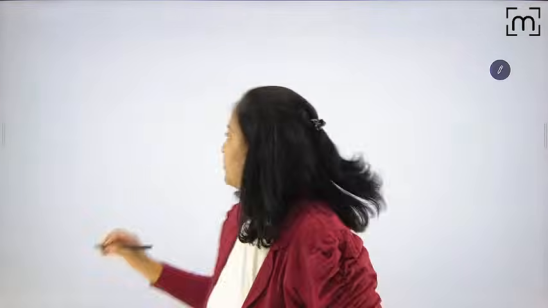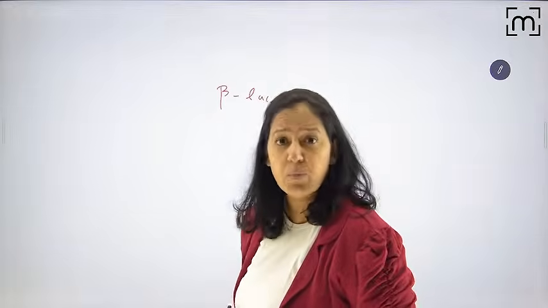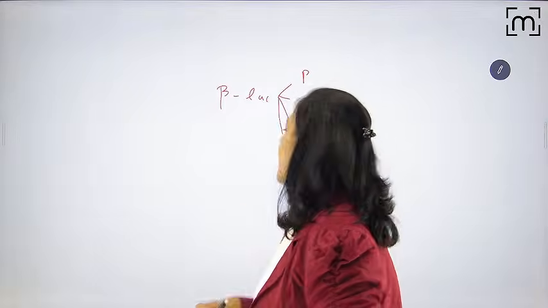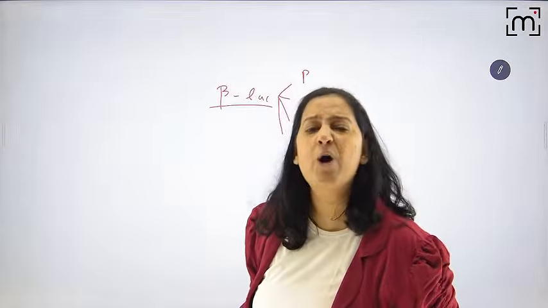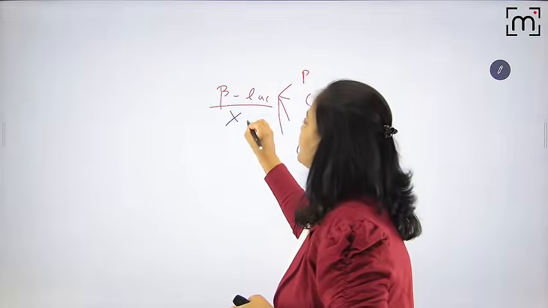Have you heard about the antibiotic in pharmacology? The name of the antibiotic is beta-lactam. I guess everyone has heard it. Beta-lactams. What are beta-lactams? Penicillin, cephalosporin, monobactam, carbapenem. These are known as beta-lactams. What is the mechanism of action? How do they kill the bacteria? They inhibit the cross-linking. They inhibit the cell wall synthesis.